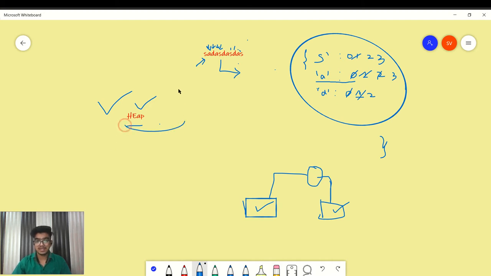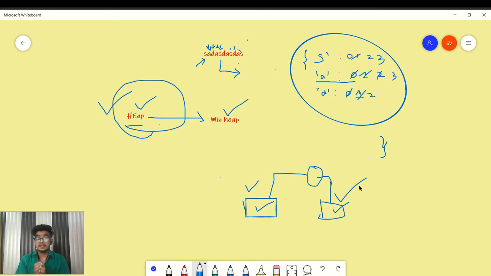So in heap, what we are actually doing is using a min heap. The min heap has a property that the minimum element is at the top of the heap, and we take that element and use it as a node of a binary tree, and take another element from the top of the heap and use it as a node of a binary tree.